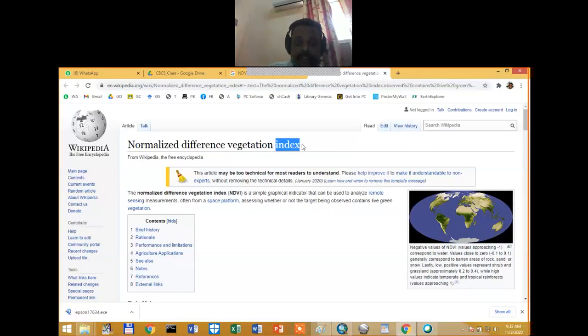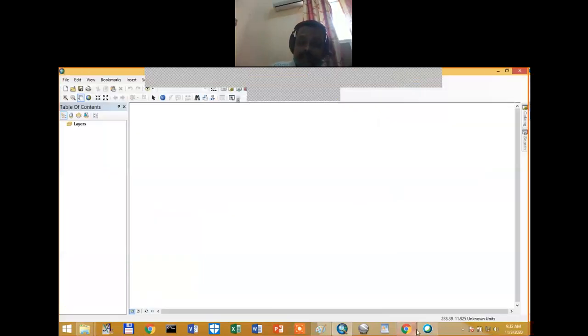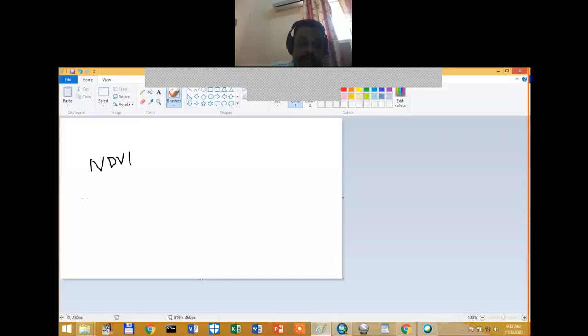So basically this is an index or indicator. Okay. So with the index, we can actually tell about the strength of vegetation, or you can say vegetation,